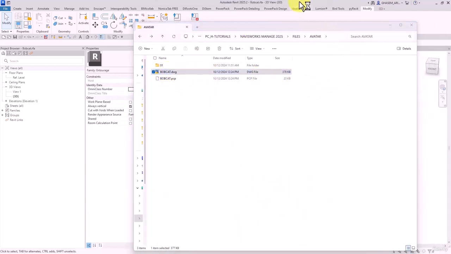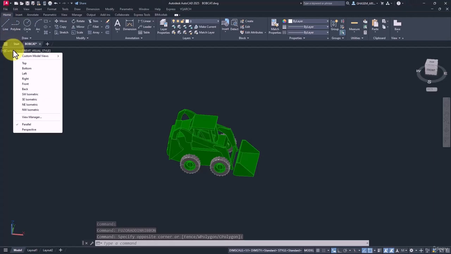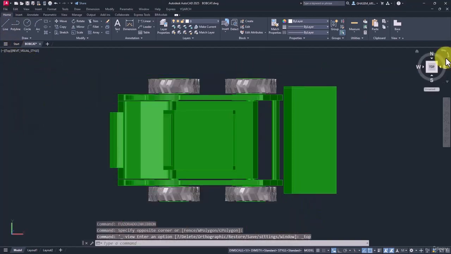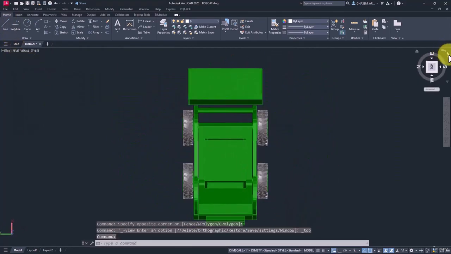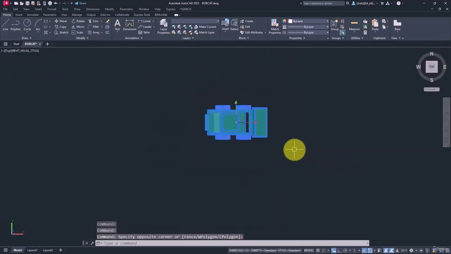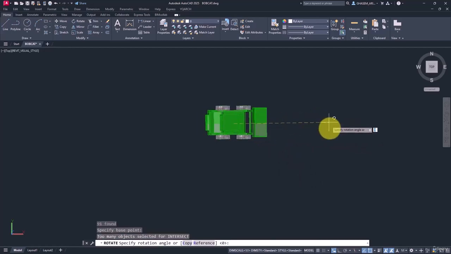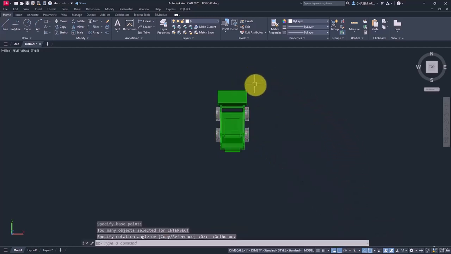So first, let me open this file in here. We don't want to do anything else by that. I can close the software. So let's go on top view in here like this. I click on it and group. So let me just select it by rotate from here, and let me activate the F8 key in here, and let me just rotate it in here,